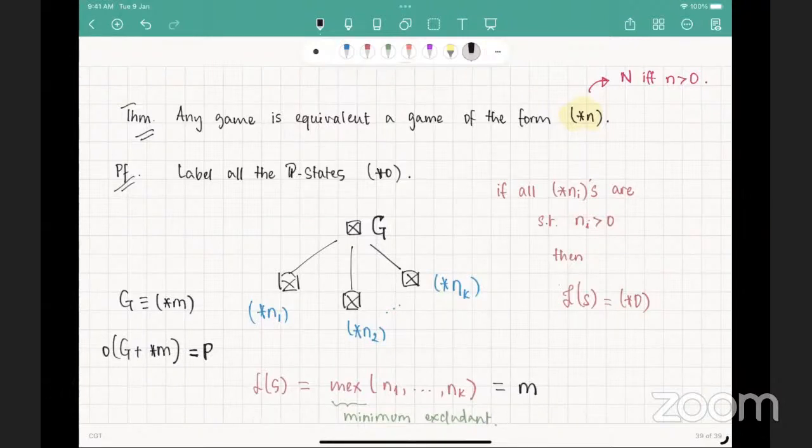And that just means that I have to show you that in the combined game, the other player has a winning strategy, right? And let's just look at what the current player can do. What the current player can do is, for example, play in G and move to one of the NIs, right? And let's say